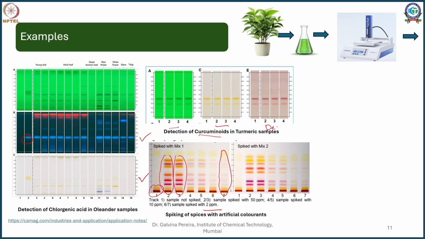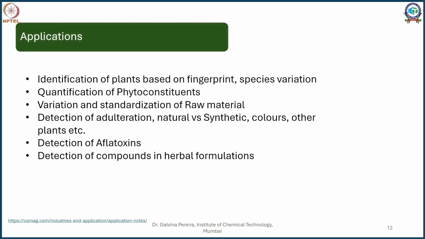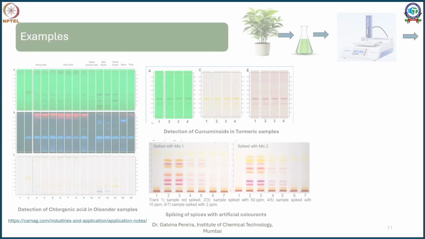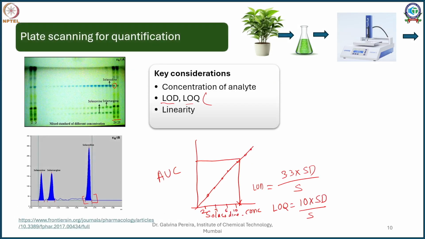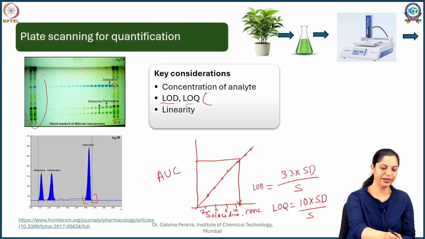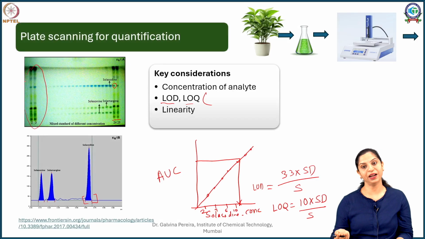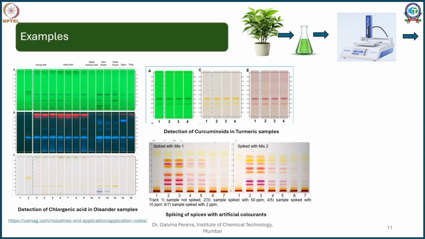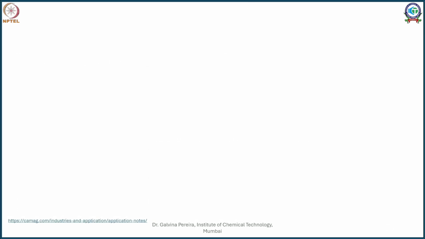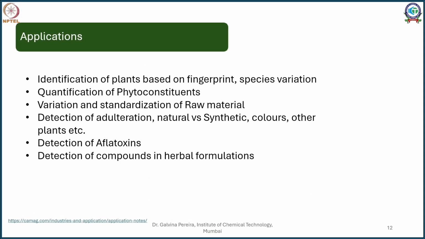Okay. So, now going on to a few more applications, your HPTLC based on the fingerprint. If I know that this is going to be my fingerprint of Solanum, I can just use this fingerprint and analyze other plants. If other plants are showing the same pattern, there is a good chance it is Solanum. But if it is showing slightly different bands, what does that mean? It is another plant or another species. Then you can quantify the phytoconstituents we just saw.